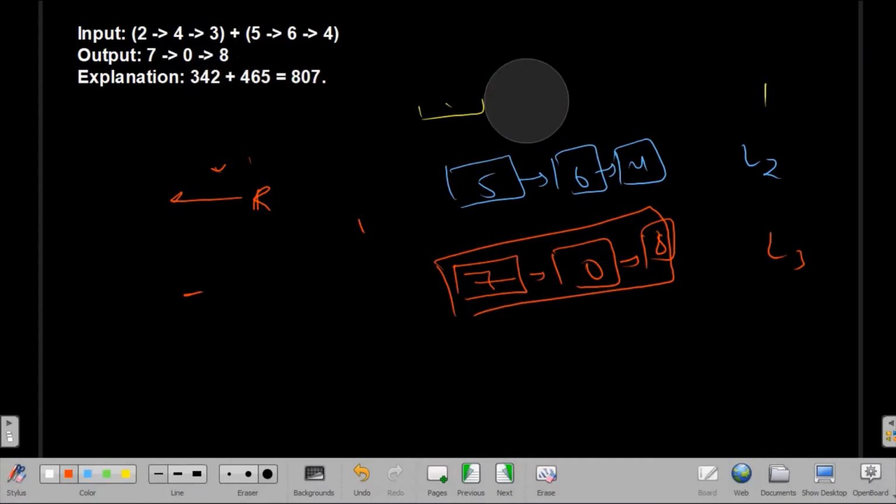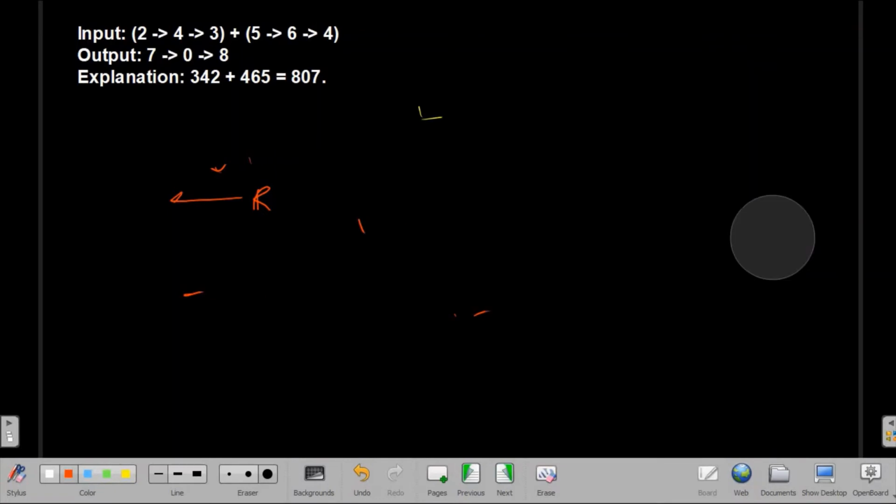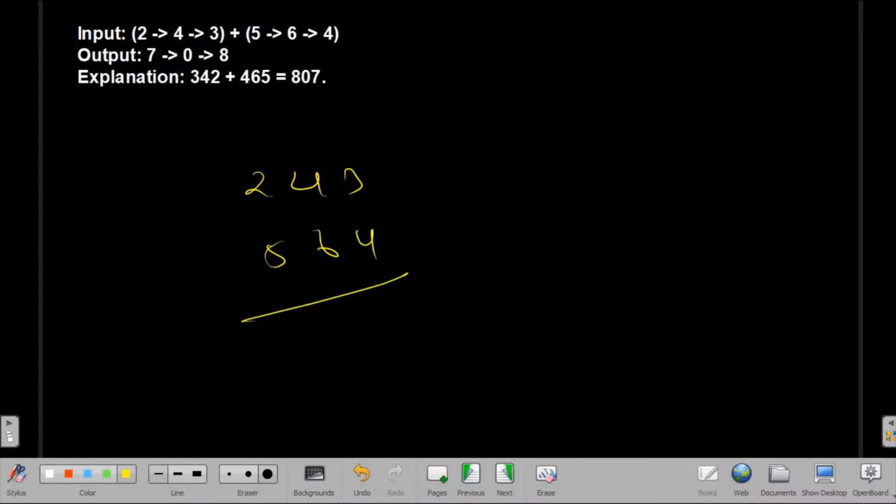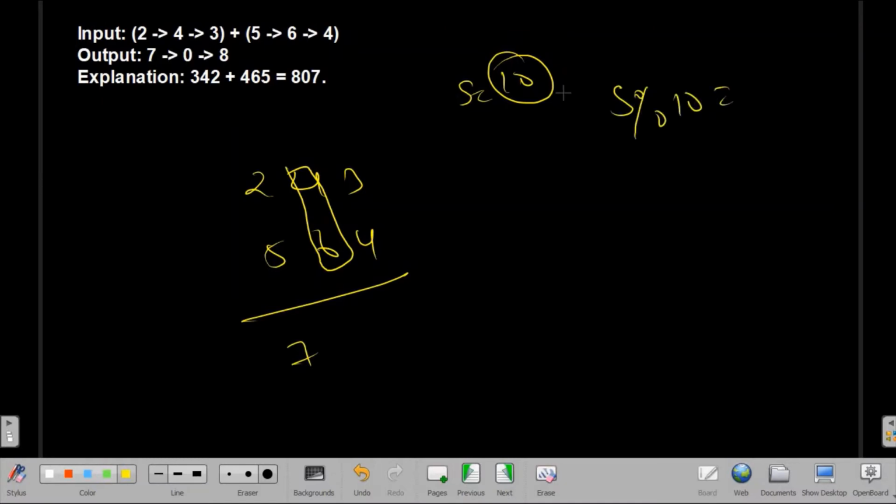For finding carry, there is a simple basic thing. Let's suppose 2 4 3 and 5 6 4. Here I got 7 and here 4 plus 6, so this is my sum value. Sum modulus 10 gives 0, that is 10 modulus 10 is 0, so I store 0 here, and carry as 1.